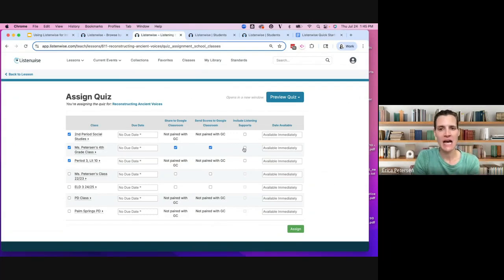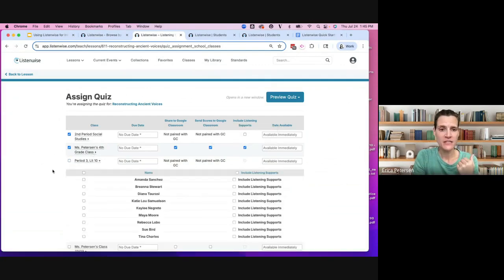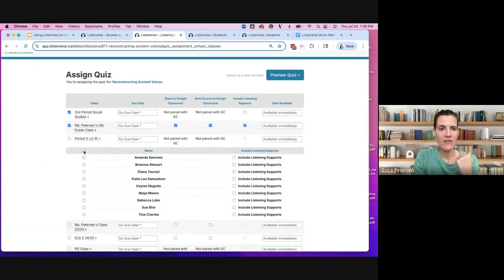What you can decide, do you want students to see the transcript, the audio, the text help toolbar in their assignment, or do you not? So you can set that at the class level or at the student level. So maybe everyone gets this quiz, but you only want a few of your students to get those extra supports. So that's how you can customize and support specifically your Ls. Or maybe you only want certain students to be taking this quiz and you're going to assign another quiz, another topic to other students. You can also do that.